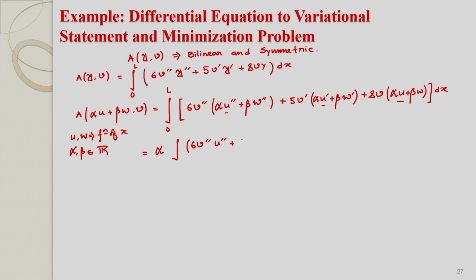So, alpha is multiplied with all the terms. I have taken alpha outside. Similarly, if we take the w term,